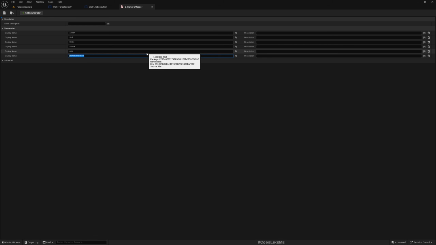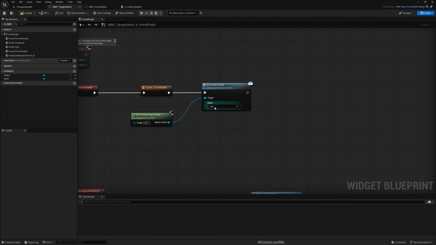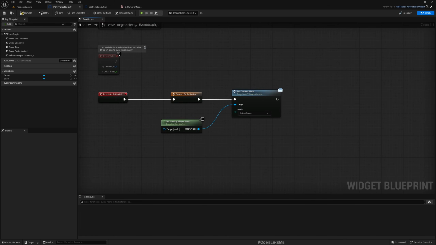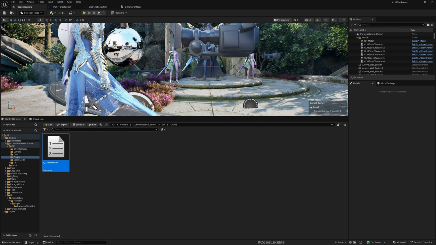Select target. We can actually have space here. There. Now here, oh, it's not coming up. Select target. Okay. Now in my player pawn, which is this one,